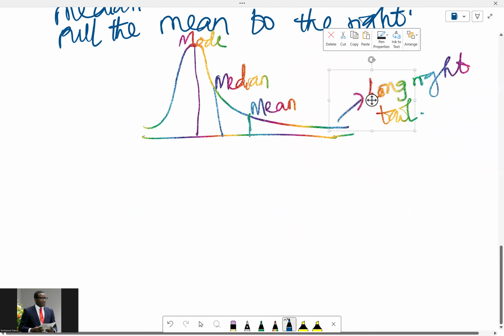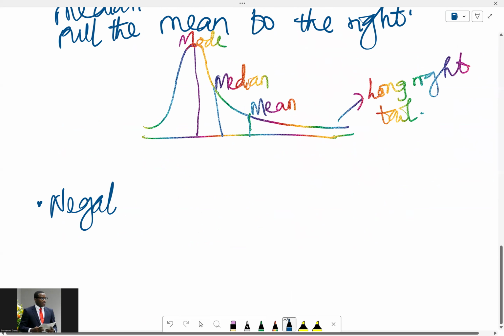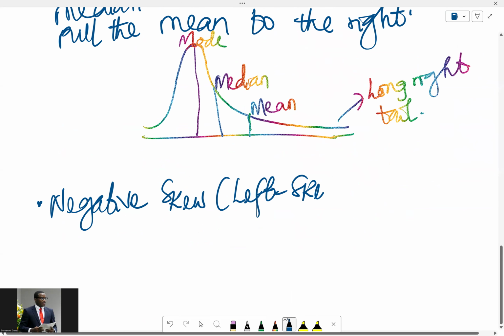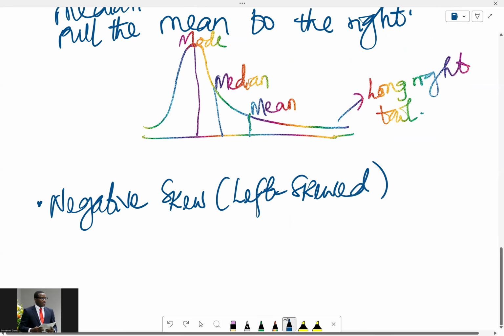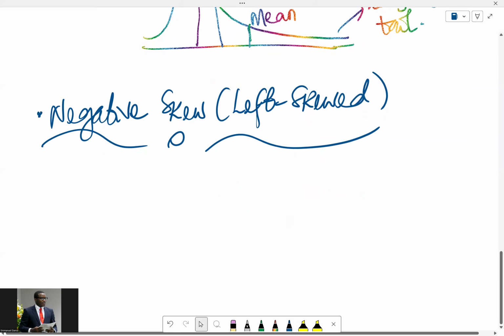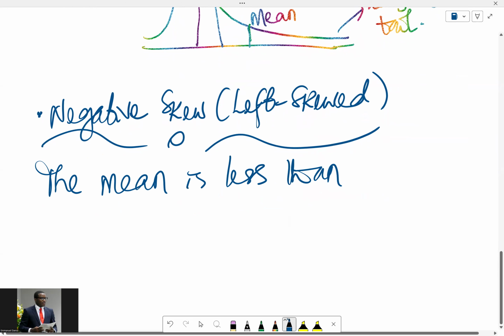Now let's talk about negative skew. What happens with negative skew? Negative skew, or what you can call that the data distribution is left skewed. Left skewed. Now, for left skewed, the mean is less than the median. The mean is less than the median